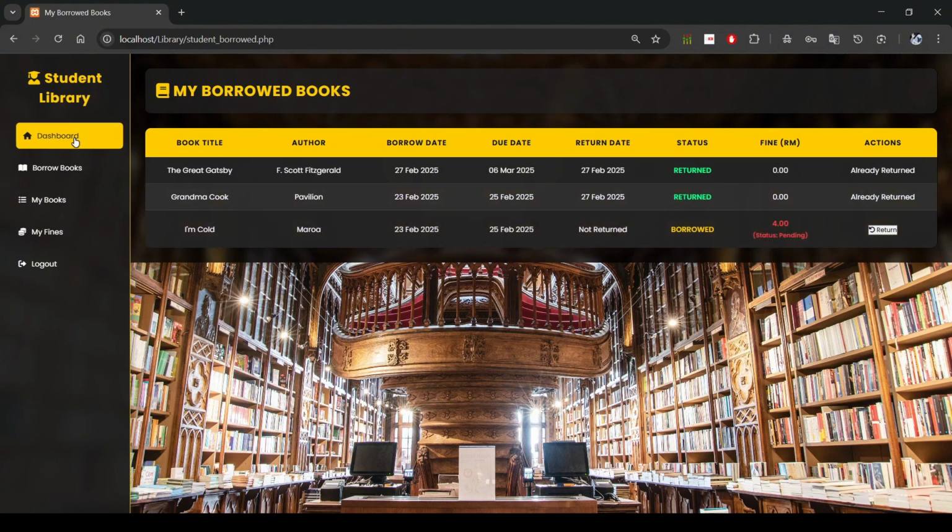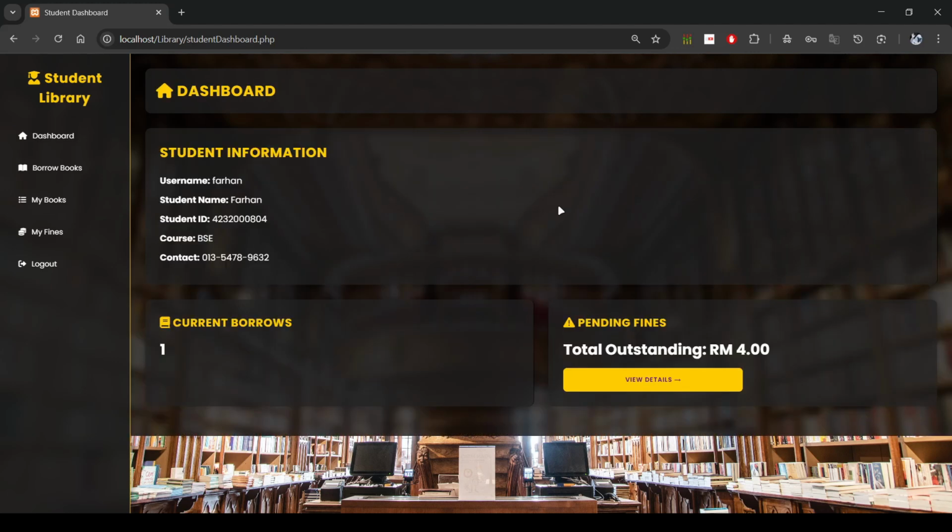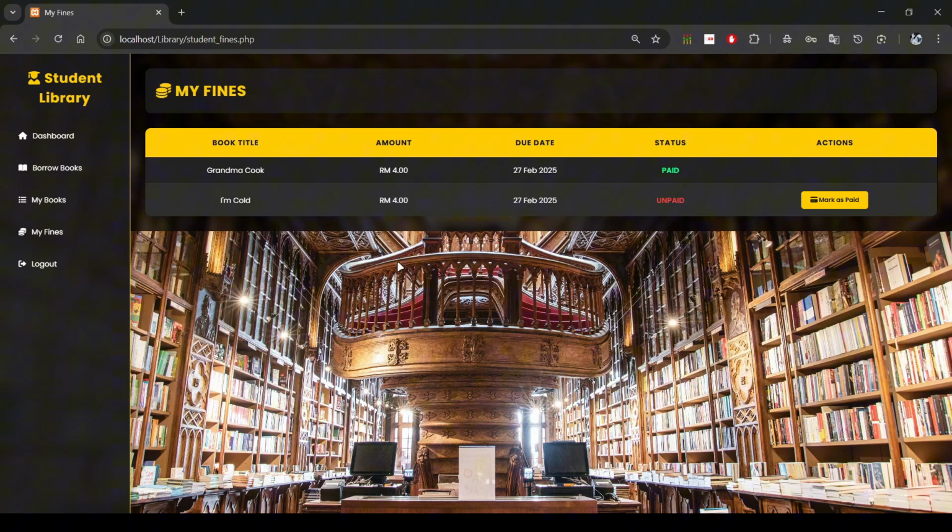And it will show on the dashboard as well, right here on the bottom right. And then the pending fine total outstanding is 4 ringgit. And to pay the bill, the student needs to view the details, and it will direct the student to the My Fine section, which is below My Books. Right here,